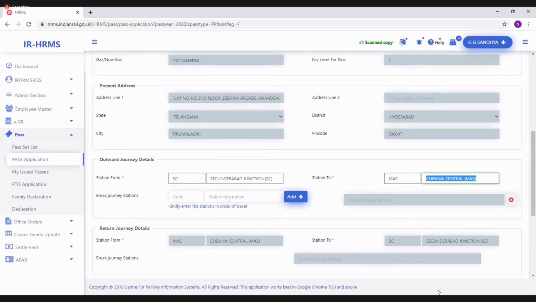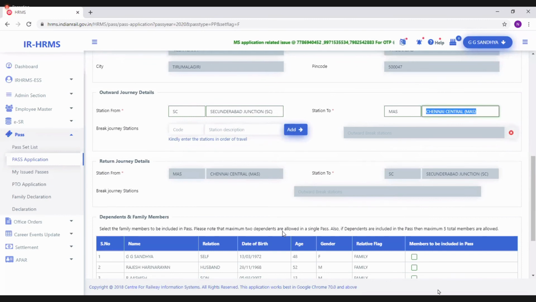After entering the break journeys required, since it is not the shortest route, the system automatically checks the distance using the rate branch system, that is RBS, shortest path algorithm. It uses our CRIS developed rate branch system, shortest path algorithm, which is now built inside this software. So it checks whether the distance falls within 15% of the shortest distance allowed as per the railway board pass rule. Once that is ensured, only then the system will go further.